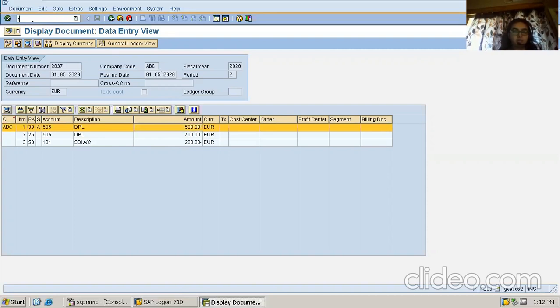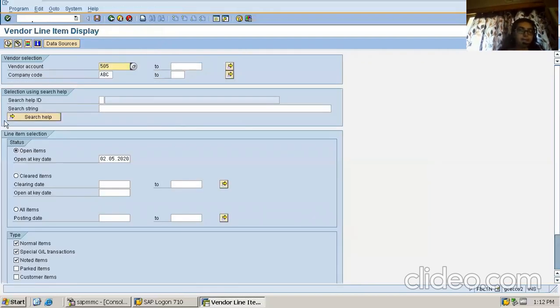Now I'm going to the vendor line item display FBL1N once again. All items, normal items, special GL, noted items, perfect. 1st of May, 1st of May.